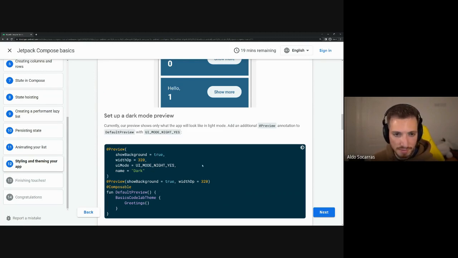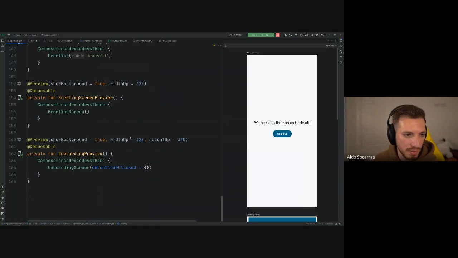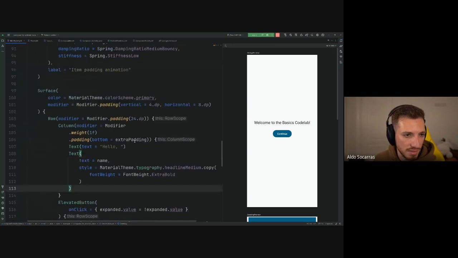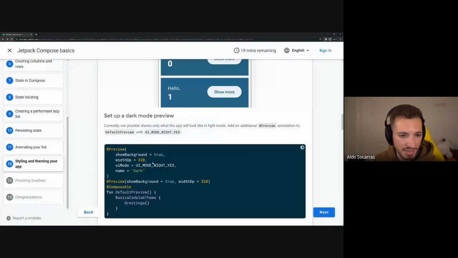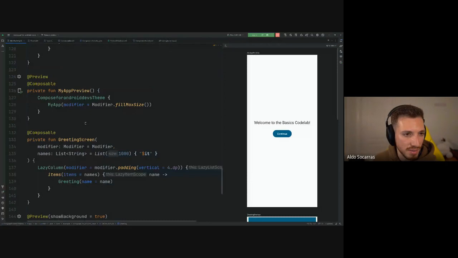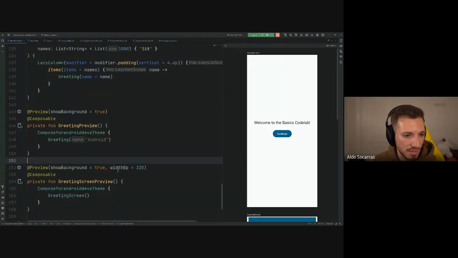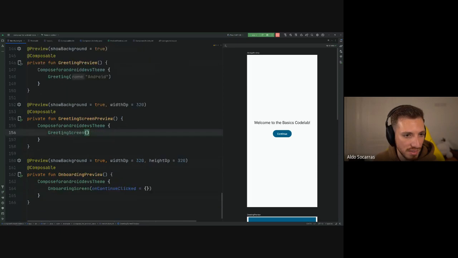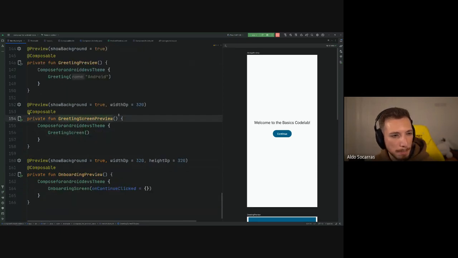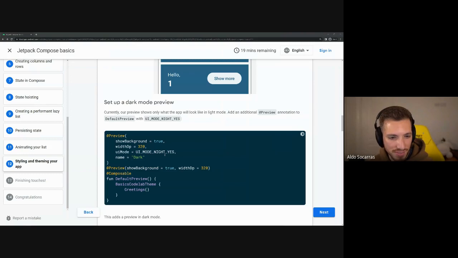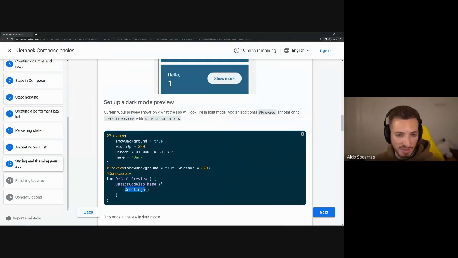As for the default, where is it? Or did we, I think we renamed it, right? Yeah. Greetings. Should be this one right here. Yeah, that's what we have. And I remember because greetings was the screen that we decided to go with. We named it greeting screen instead. So let's go ahead and